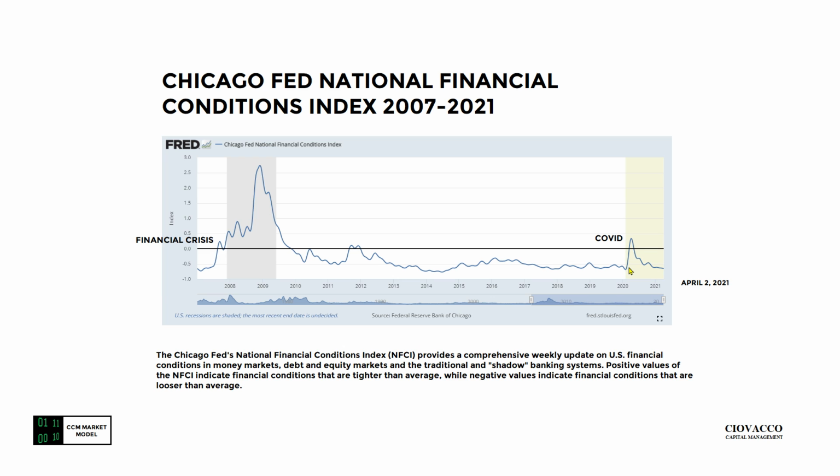According to the Fed, positive values of the National Financial Conditions Index indicate financial conditions that are tighter than average. This is tighter than average. Low trust, low confidence that you're going to get paid back. Same thing here. We go above the zero line. Here's the recent trend. It may change, but right now, conditions are still very, very favorable in the credit markets, at least based on this reading as of April 2nd.